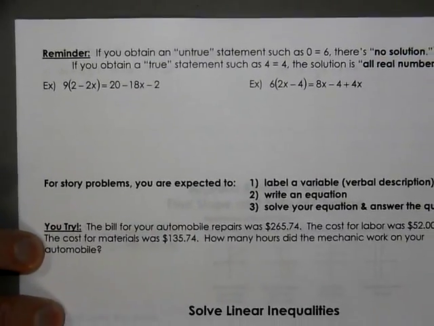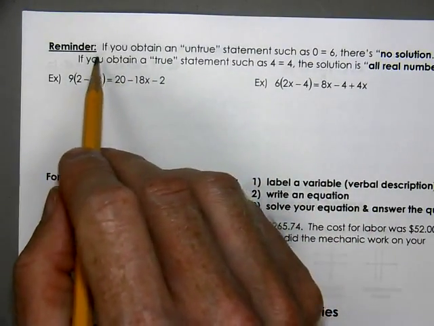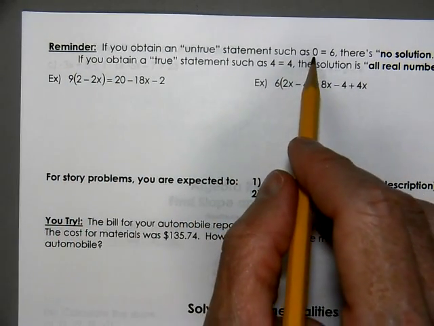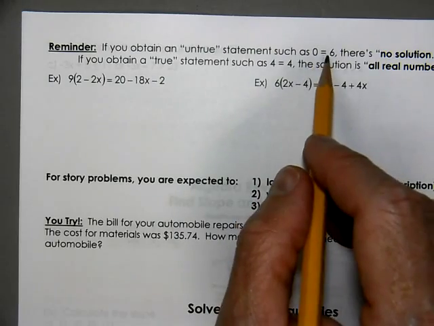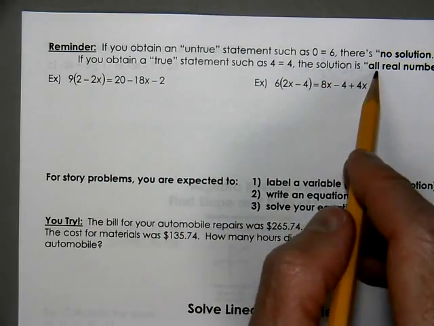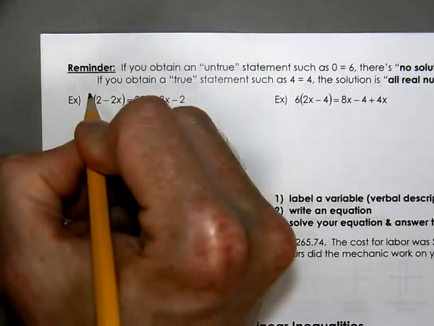On the second page. Okay. If you obtain an untrue statement, such as 6 equals 0 or 0 equals 6, then there's no solution. If you get a true statement, then you get all real solutions. So in this case, when we're solving it,